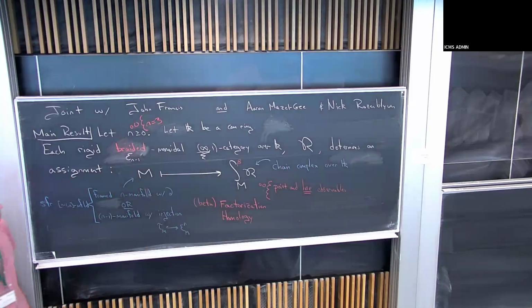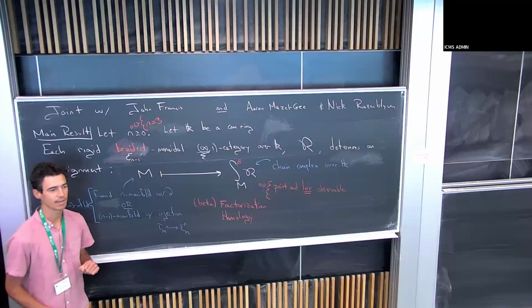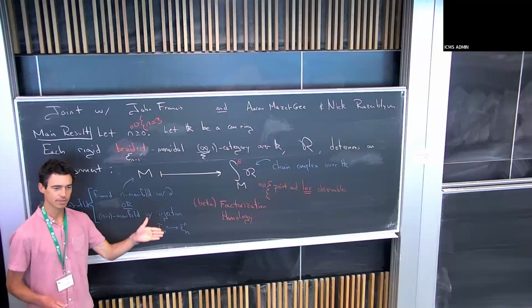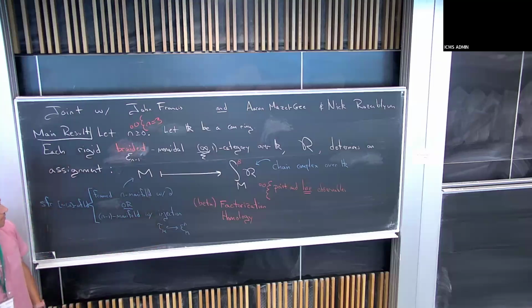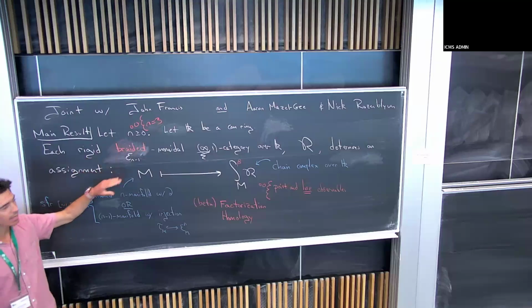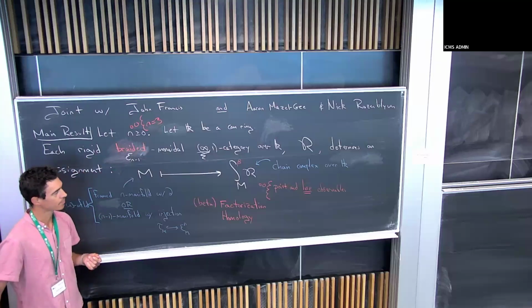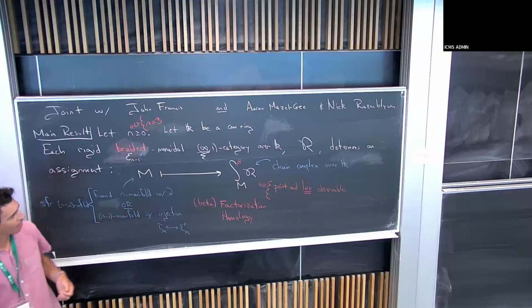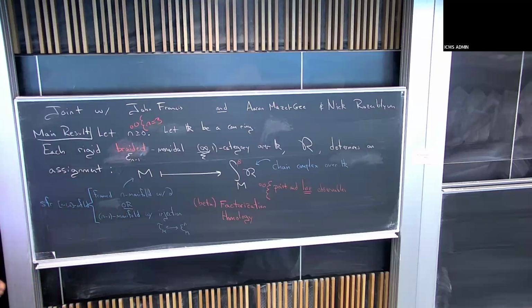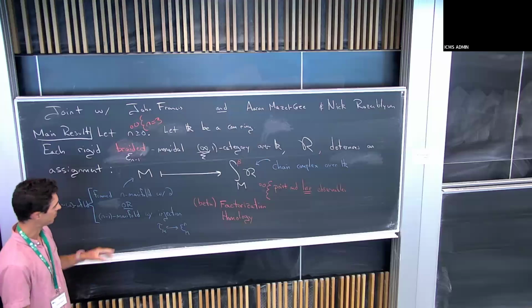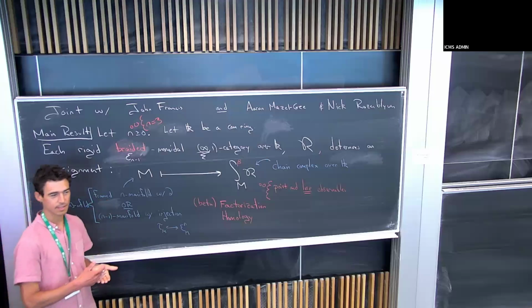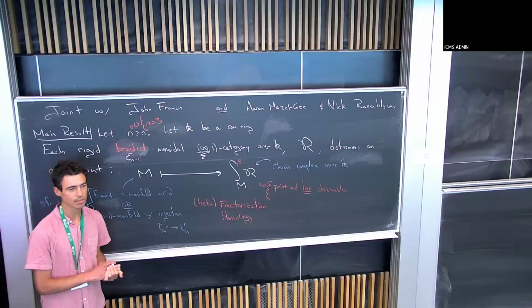So the main result says, pick a dimension, and I invite you to just substitute that dimension to be 3, because that's where the most awesome applications are anyway. So pick a dimension and pick a commutative ring, at least for this phrasing. The statement of the main result is: each rigid braided monoidal category that is linear over K, let's call it R, determines an assignment. It assigns to, let's say, a framed 3-manifold, where by framed I mean the data of a trivialization of its tangent bundle, or a parallelization,